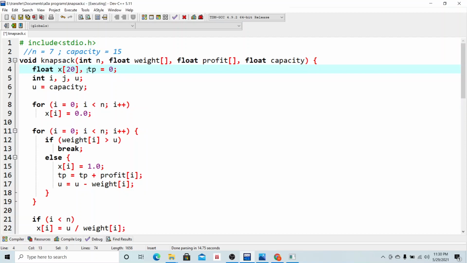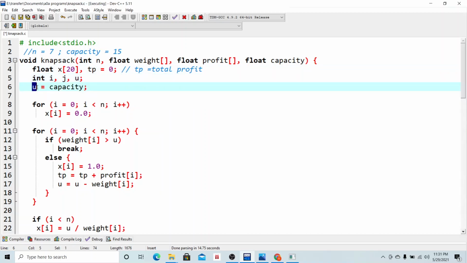and we have also initialized this tp floating point variable equal to 0. This tp denotes total profit. I will write it in a comment. TP denotes total profit, right? Total profit, that is maximum profit. So I have also initialized int i, j and u as variables.